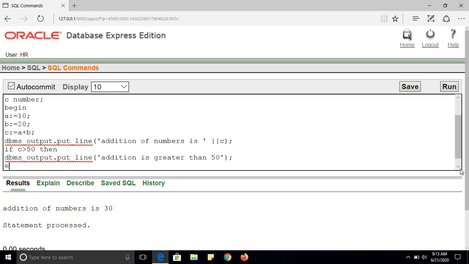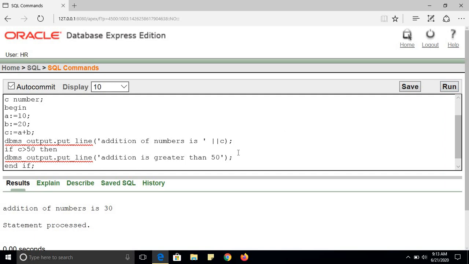Fine. And then I will use enter. So this way you can use if statement. If condition, then if condition is true, then statements will be executed, and then end if. So let us try to run this program.